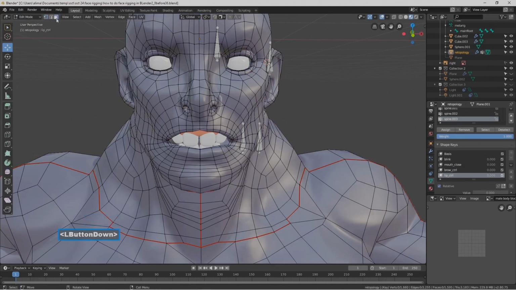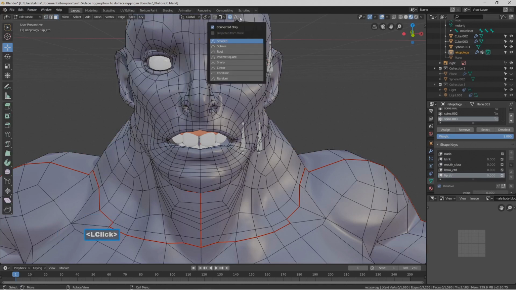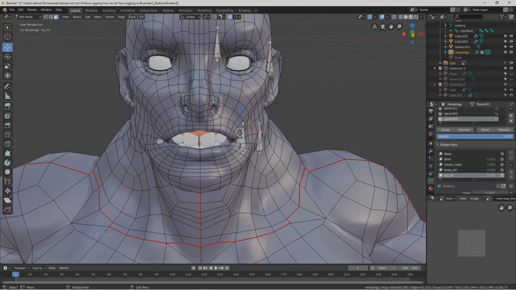I'll go to face select. The proportional editing tool is turned off. I'll click here to turn it on. I'll click here. The connected only isn't necessarily needed, but it's fine. So we'll leave it like that. See how the bones are not a part of this object, but they're showing. What we can do to make it easier to work where we don't see these bones